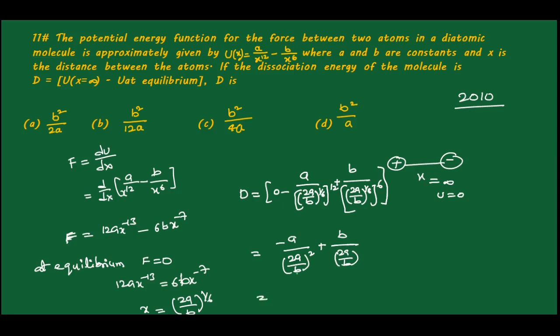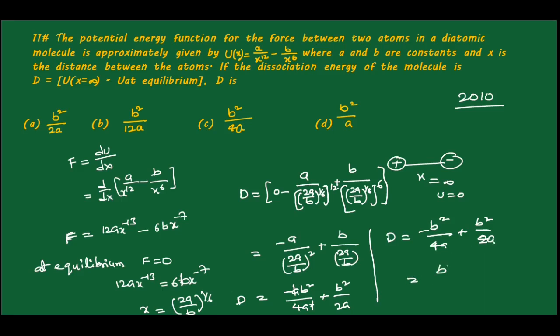Then after that, take the b square up in the numerator, a minus a, b square by 4a square plus b square by 2a. Okay, this is what actually d is. Now d is equal to, here the a and this one a will cancel, minus b square by 4a plus b square by 2a. Then taking the LCM and simplifying, you will get the answer b square by